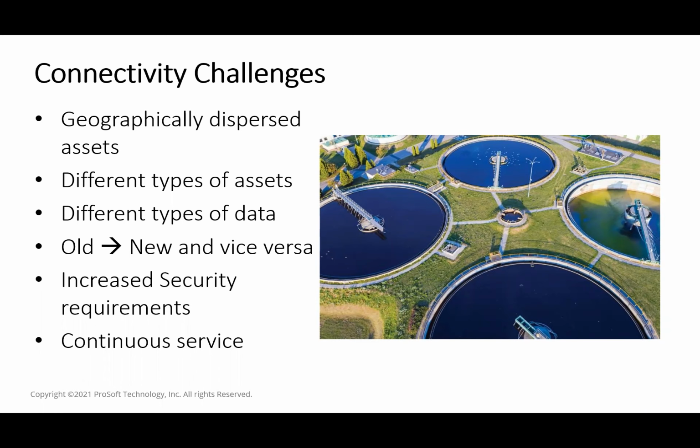And then you have different types of assets as well. You've got things like a pump station that may be down a valley versus a water tower that's on higher ground. You've got treatment plants. So you've got all of these different types of assets that tend to have different processes and different requirements in terms of how much they need to communicate and what data they need to communicate. That's another challenge you've got to take into account when you're looking at connectivity in a water and wastewater system. Then you've got different types of data.